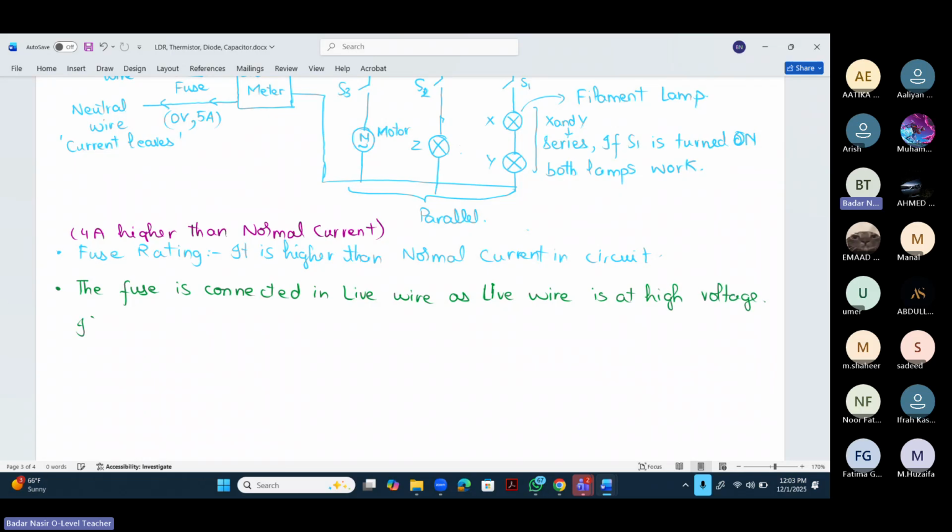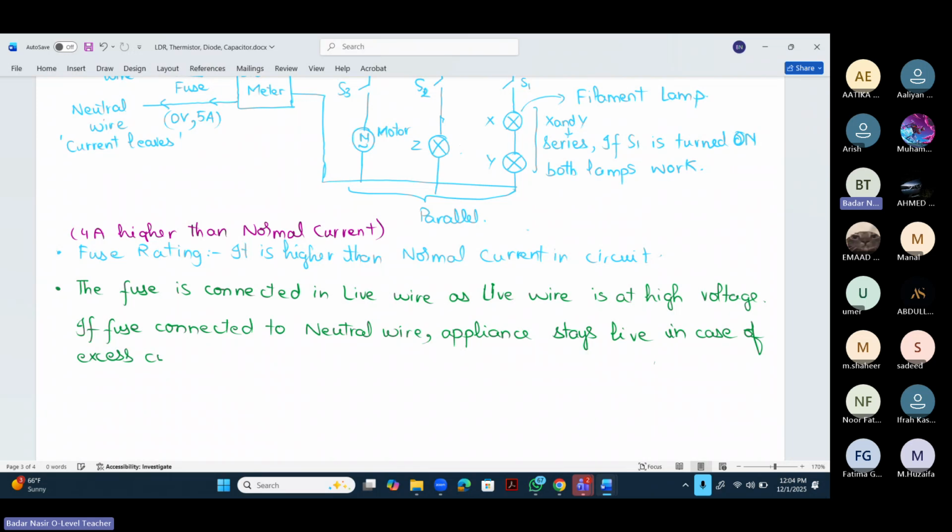दूसरी बात, if fuse connected to neutral wire, so appliance becomes live या stays live। okay, in case of excess current। अच्छा, अप्लायंस लाइव हो जाते हैं, इसका मतलब ये होता है कि देखो आपके पास जितनी घर में